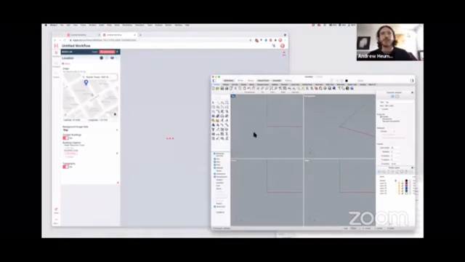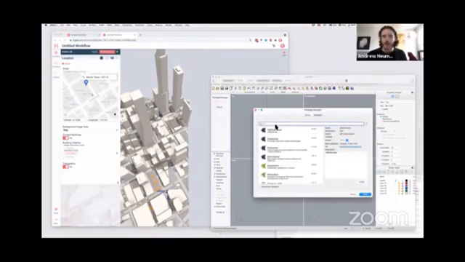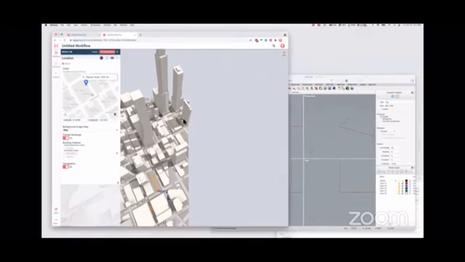Now, in order to do this, you'll need a copy of the new Hypar plugin for Rhino, which you can get on the package manager. On Rhino 7 or Rhino Mac, you can type package manager and just search for Hypar. On Rhino 6, you probably have to type test package manager, but this should show up just the same, and you can install the Hypar for Rhino plugin. And what this will allow you to do is take exports from